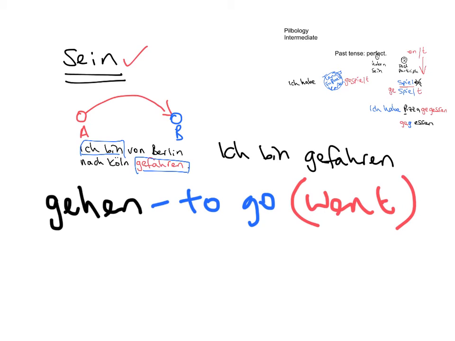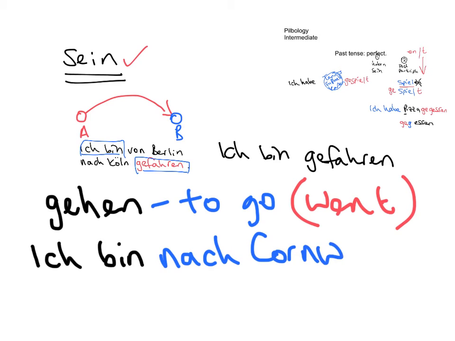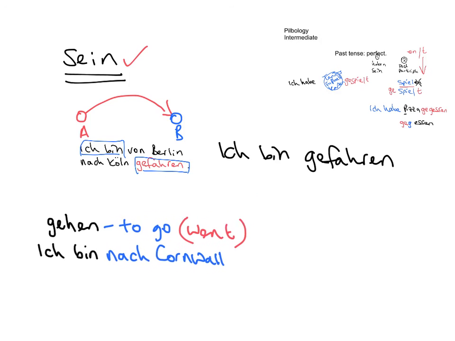Okay, so if you want to say I went to Cornwall, for example, we need the ich bin. We would say, I'll do this in blue, nach Cornwall. And what comes at the end? You guessed it, the past participle, which in this case, the past participle of gehen is